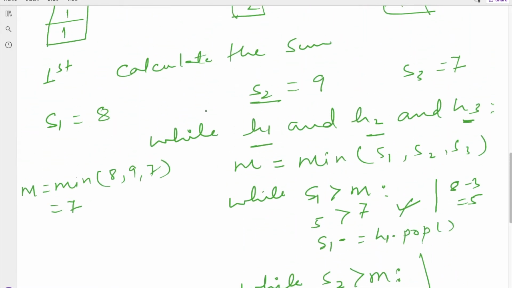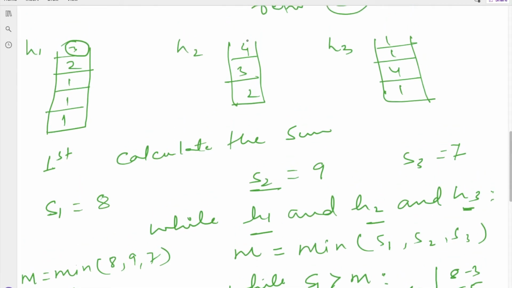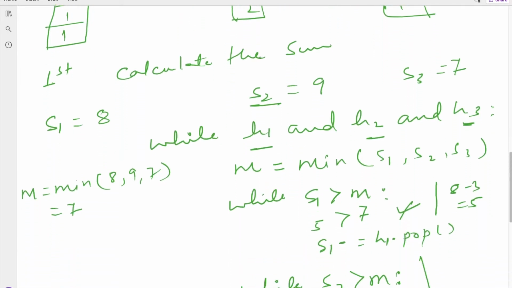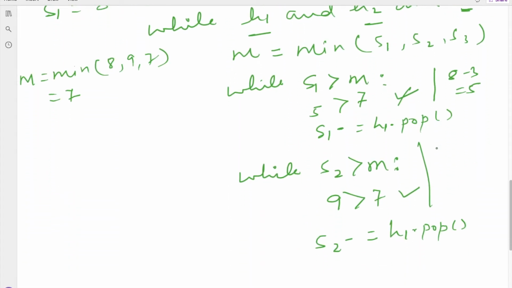We subtract by popping one element from stack 2. We pop this top element, which is 4, and subtract from S2. So S2 will be 9 minus 4, which will be 5. Now it will go again in the while loop and check whether this 5 is greater than the M value, which is 7. This time it is false, so it will come out of this while loop.